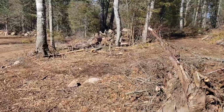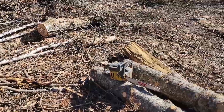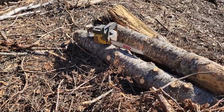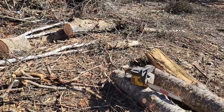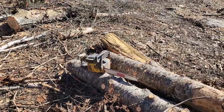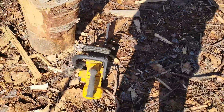But as you can see, guess where I am? I'm working on firewood. And my old, not so trusty gas saw cuts beautiful, but when it gets really warm, it doesn't want to run. And when it's cold, it doesn't want to run. It'll run for a while, but then it shuts off. So it's just a very temperamental saw,